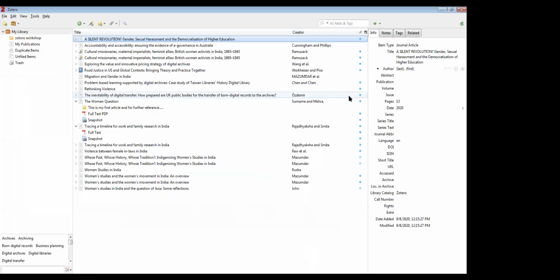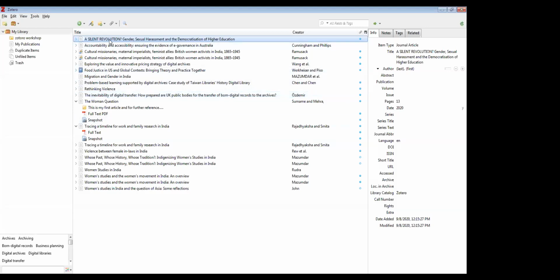So we can add through Google Scholar, through subscribed databases, and also you can in a similar way add references from the databases to which you do not have access. But in that case, what will happen? It will just capture the metadata of those resources, not the full text. This is the only difference between the subscribed databases and unsubscribed databases from which you build up the Zotero collection.